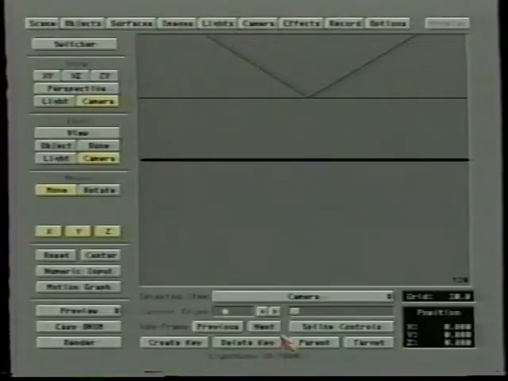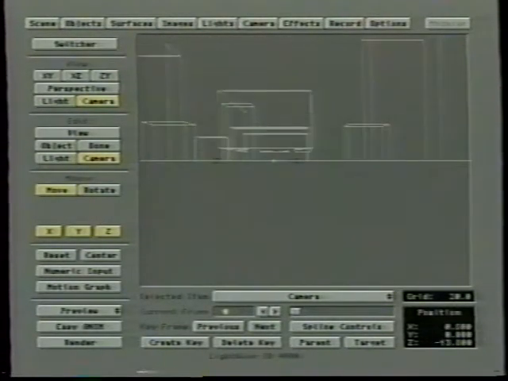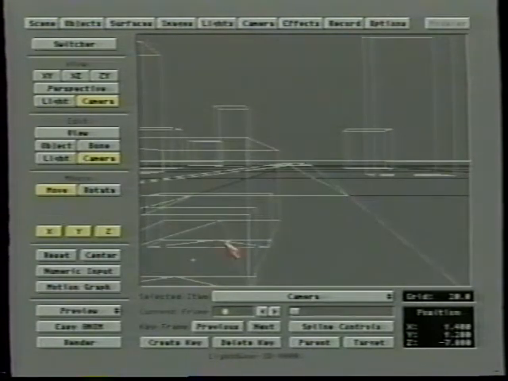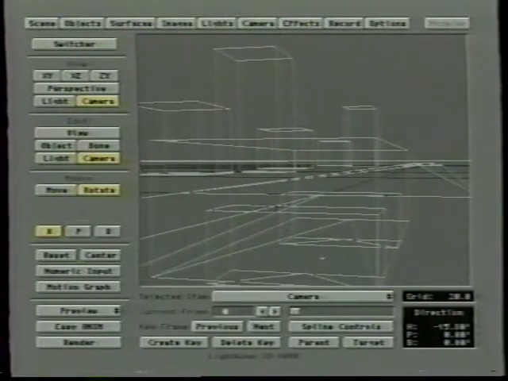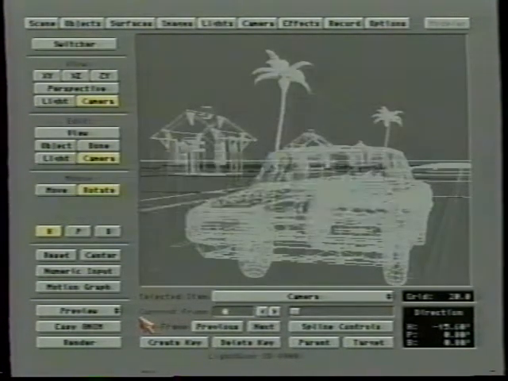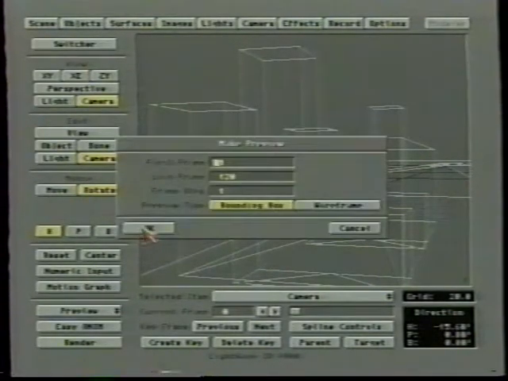So let's change that. And we're going to go to frame 0 for the camera. We'll move it off. And let's move it a little up so we're above the road. And maybe rotate it on its heading. So we got the car in the shot here. And now we're behind the car going down the road. Let's create a keyframe to keep the camera in that position relative to the car and make a preview. Now, this type of shot where you parent the camera to the object can be very, very effective. And if we take a look at that preview here,